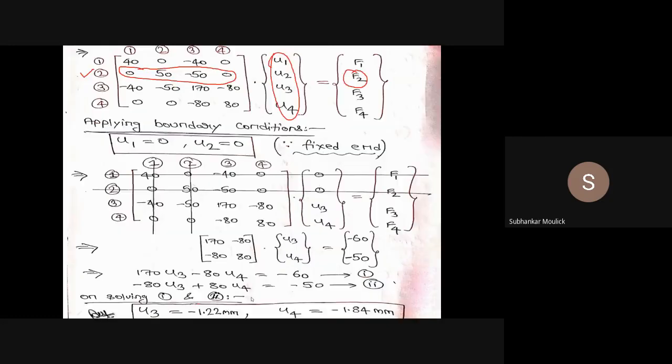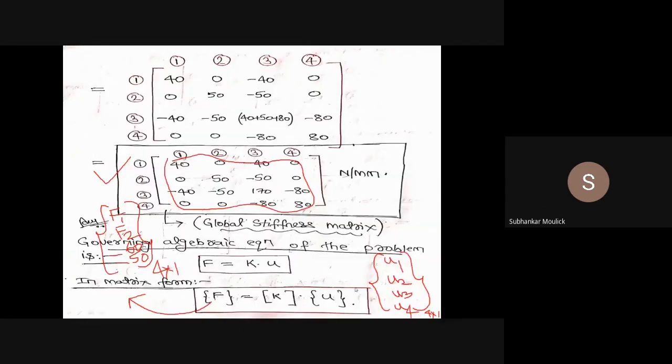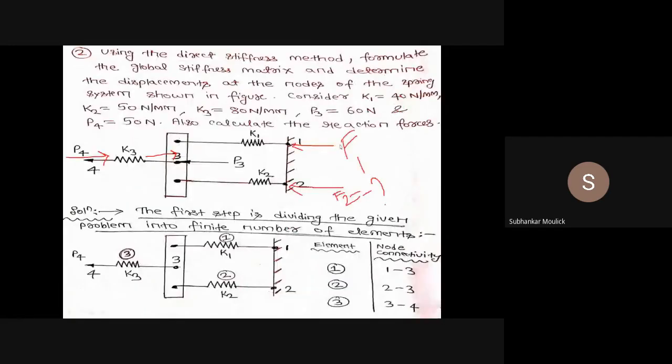So F2 equal to minus 50 into U3. U3 is how much? Minus 1.22 mm. So F2 becomes minus 50 into minus of 1.22 mm. So finally F2 is coming out to be 61 Newton. So this F1 and F2 are the resulting reaction forces which this wall will give at nodal point 1